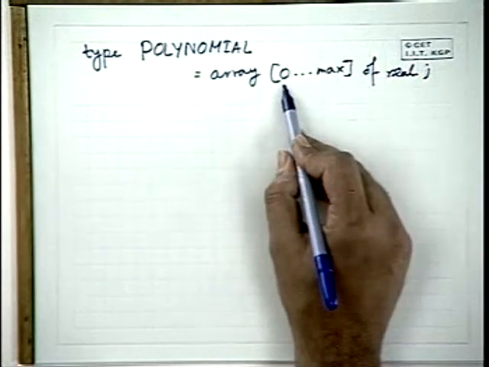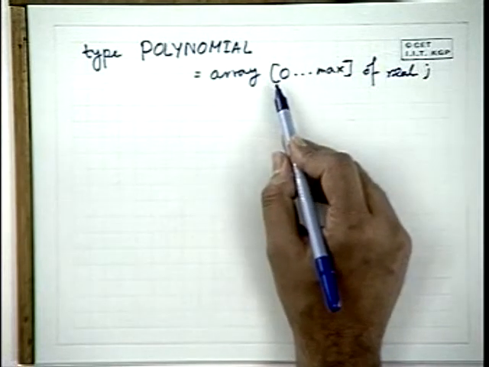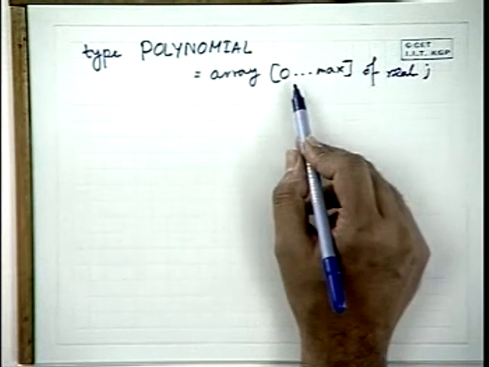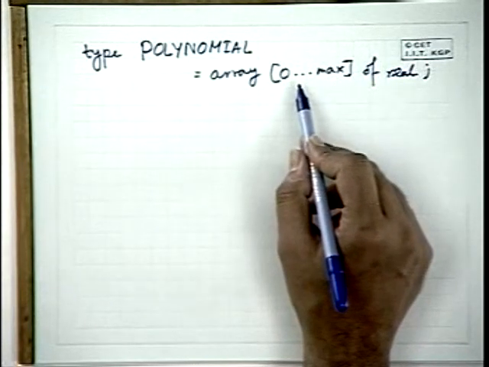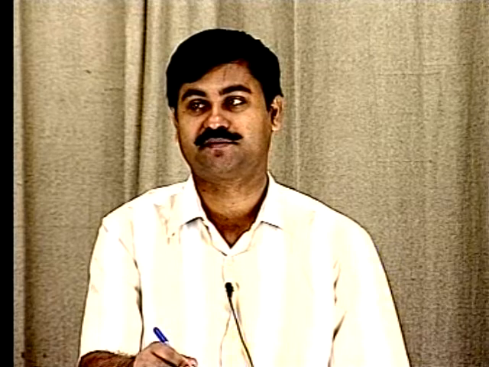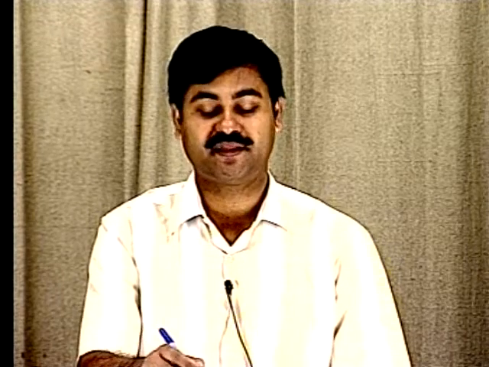So what does it mean? That array 0, that location will get the coefficient p0, then array 1 will have the coefficient p1. So we don't have to really explicitly store the powers of x. Okay, but mind that in this representation, some of the coefficients might be 0.